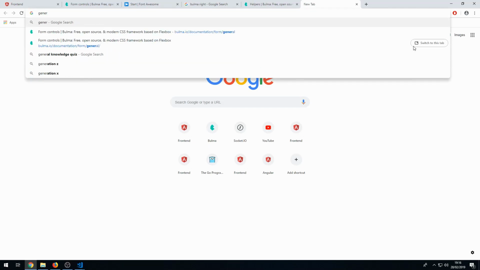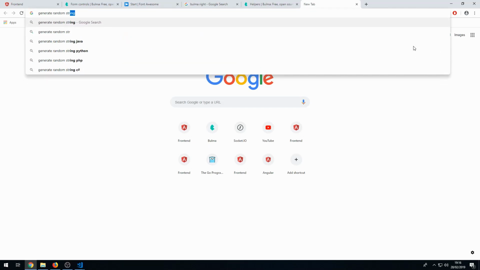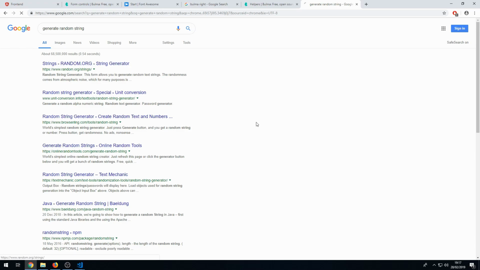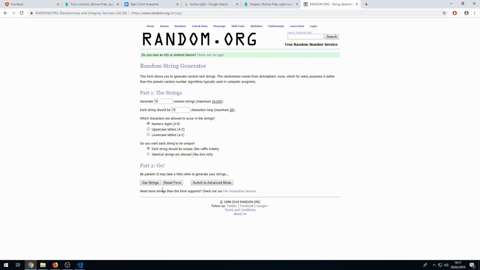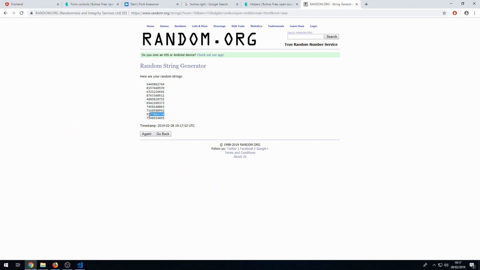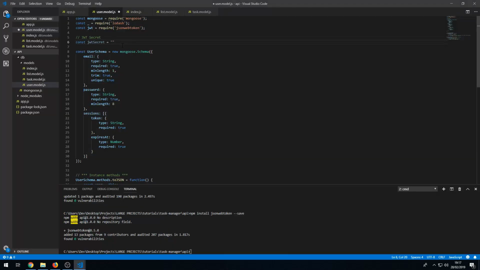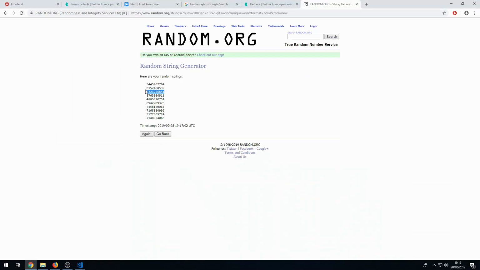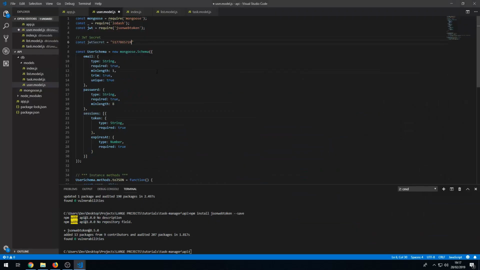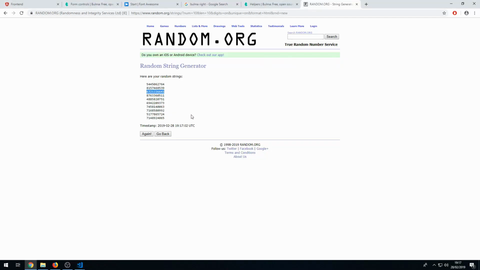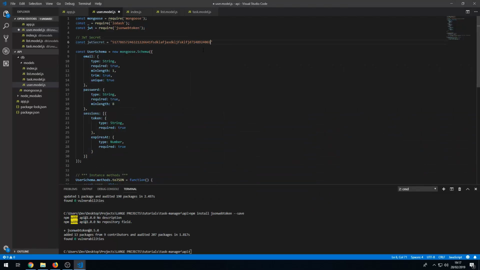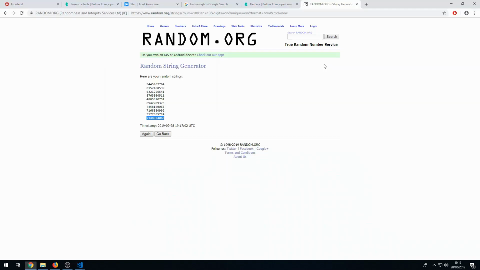So generate random string. Okay, let's get strings and let's copy a few of them. Copy that one, copy that one, copy that one, and let's just put in some random letters, and let's get one more. Okay, so we now have a secret that's fairly random,